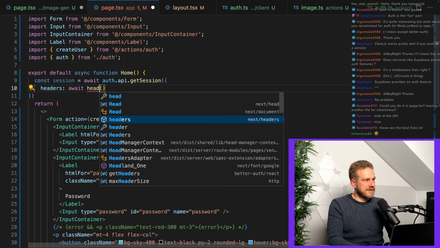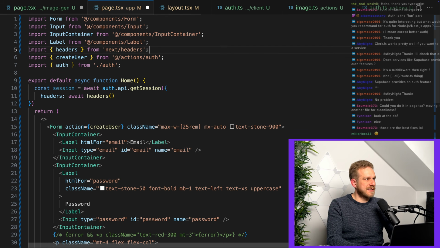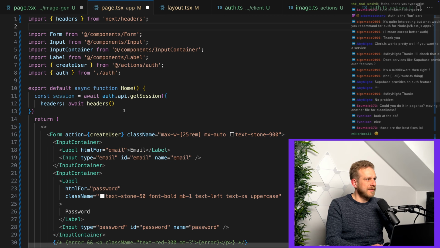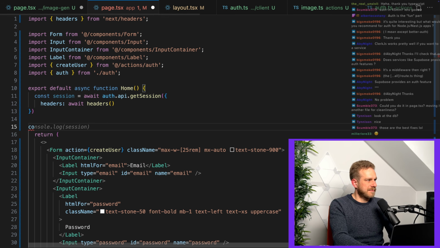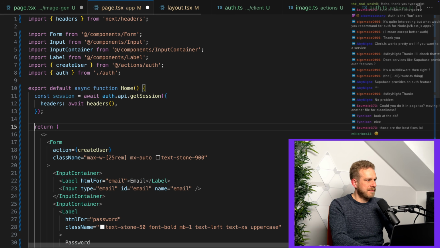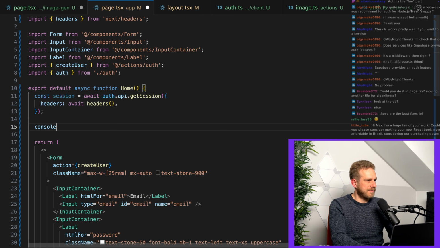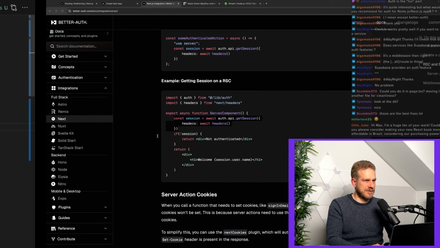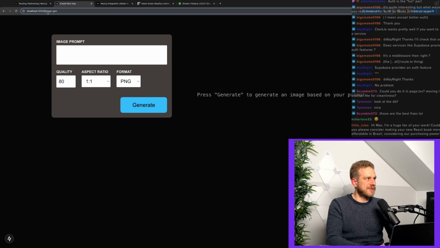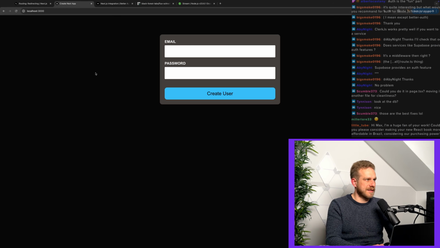Now, if I use headers as provided by Next.js, let's see what this gives us. If this is set somehow, if it knows something about the session. So if I go back to the starting page now, after creating a user,